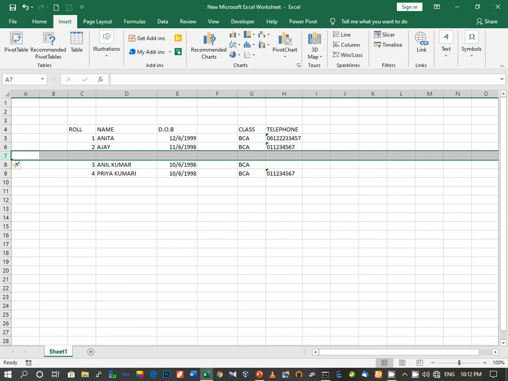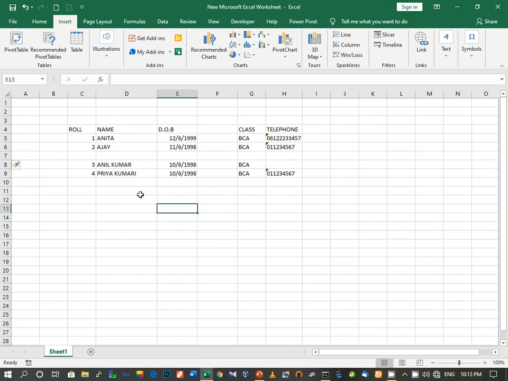Now we have some shortcut keys which I want to tell you about. Suppose you want to minimize the worksheet. So what is the shortcut key for that? Control plus F9.